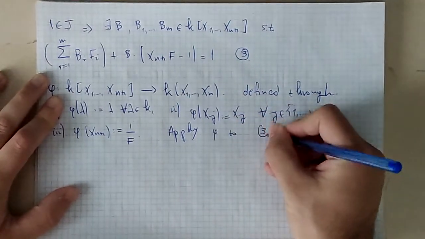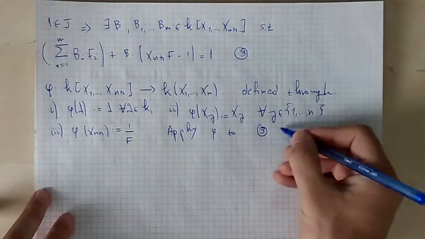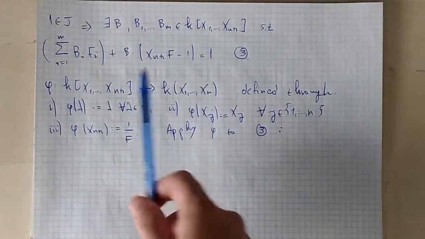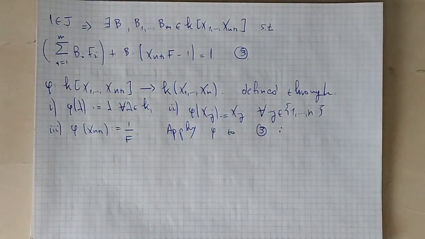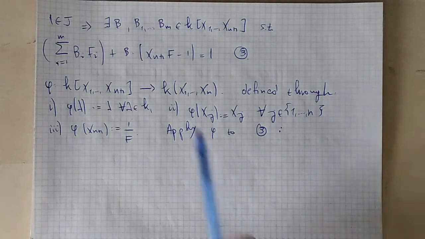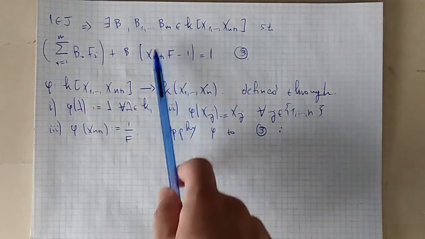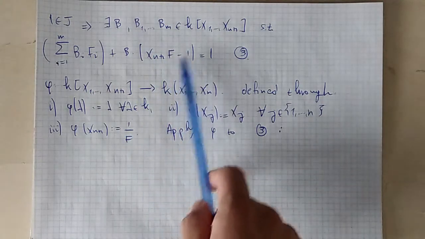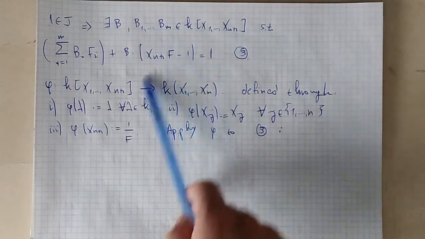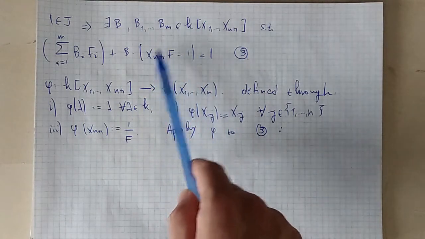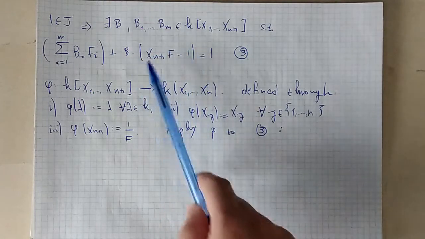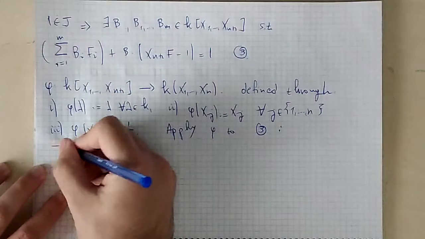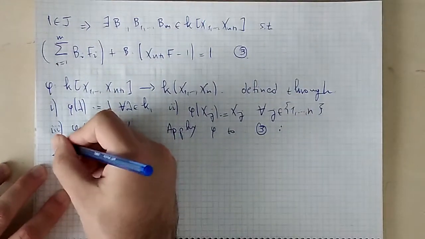Okay. So this is easily seen to be a homomorphism of rings, and now we apply phi to relation 3. So let's for the moment forget this term over here, and let's just look at what happens to this guy. As we said, phi is a ring homomorphism, so it's going to pass through this parenthesis, and xn+1 is going to be sent to 1 over f, and therefore the f's here are going to cancel, and we're going to get 1 minus 1, which is 0, and therefore this term is going to be completely gone, right? And therefore what we get is, again, we have this sum,